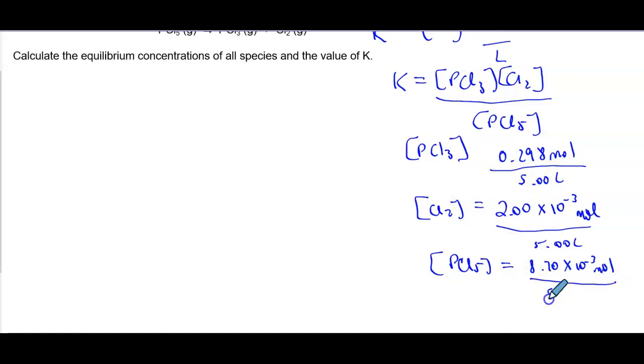Over 5.00 liters. Okay, so for all of these, we can get concentrations. I'm going to do that next. I will take in my calculator then for PCl3, 0.298 divided by 5.00, and I'm going to get